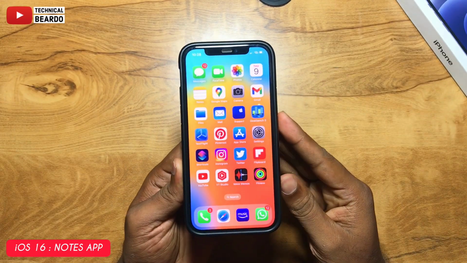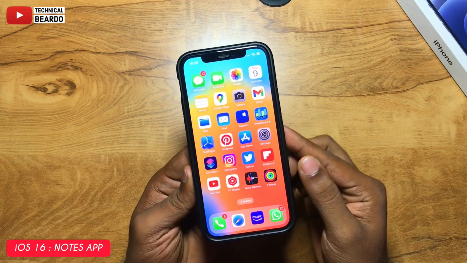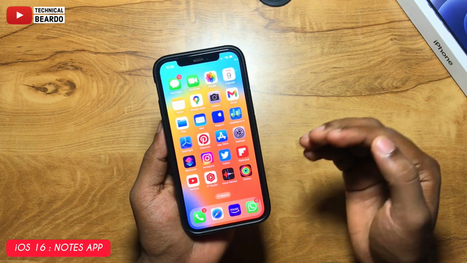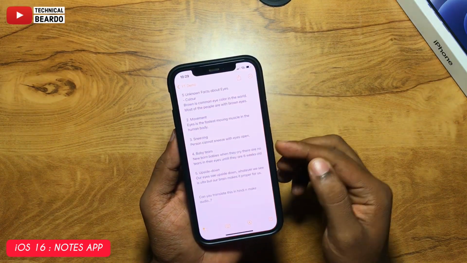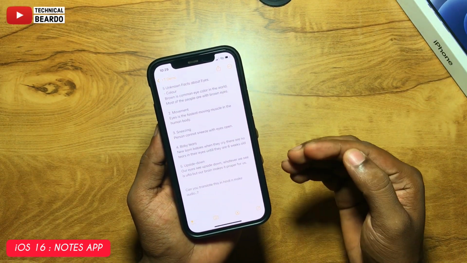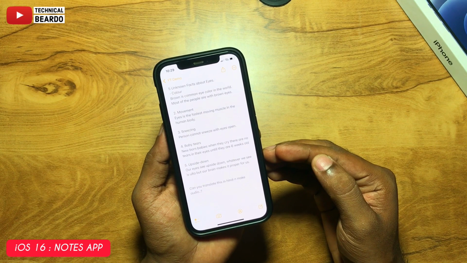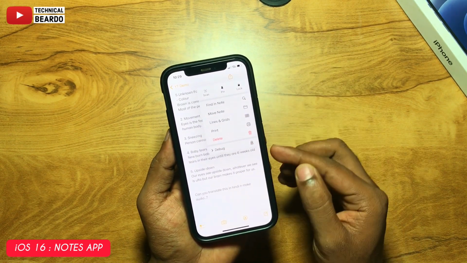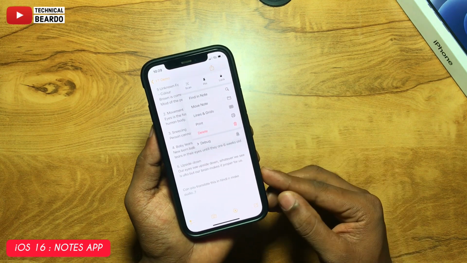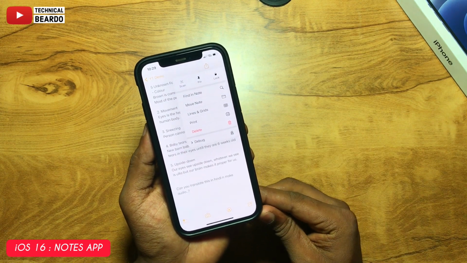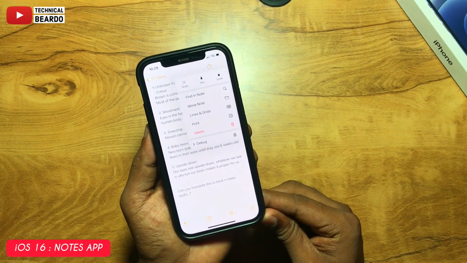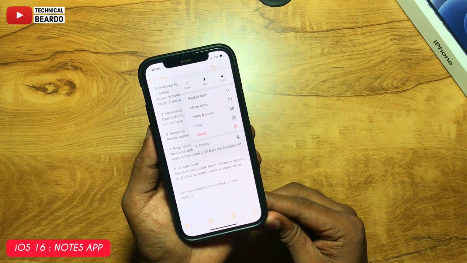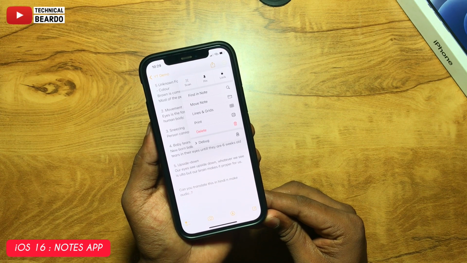And now we will talk about the next application, that is Notes. There are not many changes, but there are a few and they are noticeable. Talking about the first tweak, that is your UI. Whenever you're using Notes and any page is open, just tap on the three dots and you will find the UI changed here. All the primary options are given in a single tab. Whatever important things are required are available in the new UI here, right?